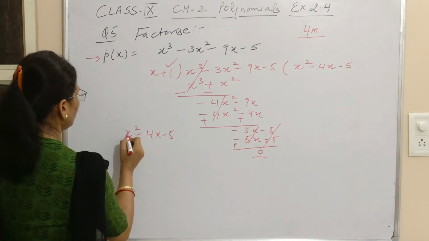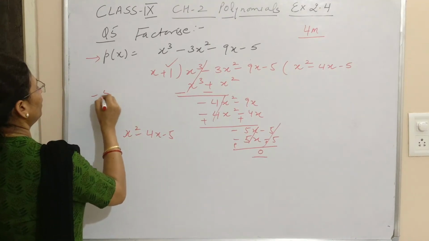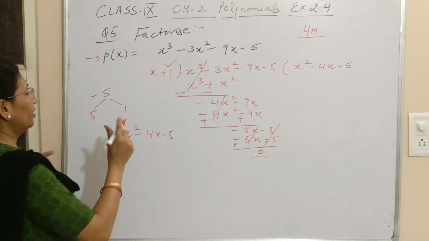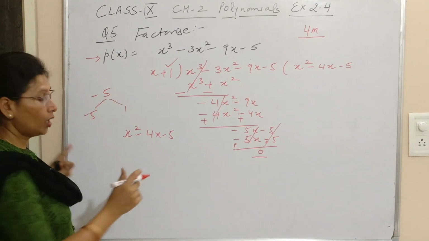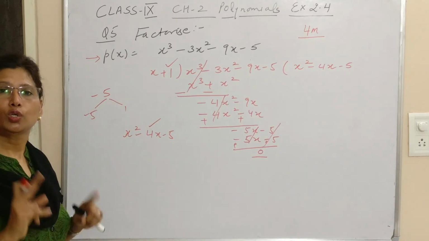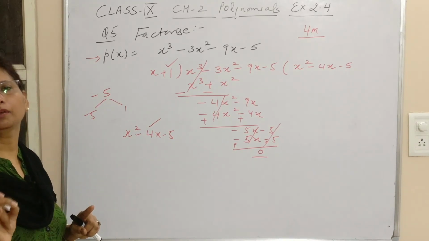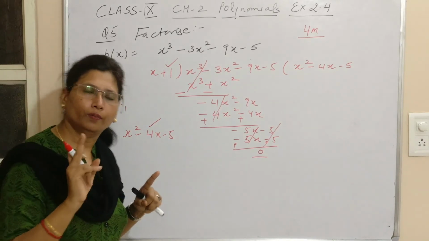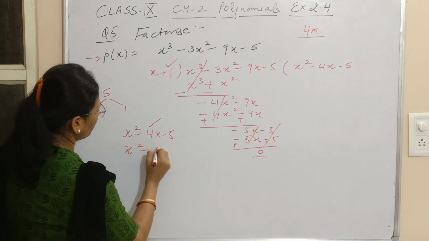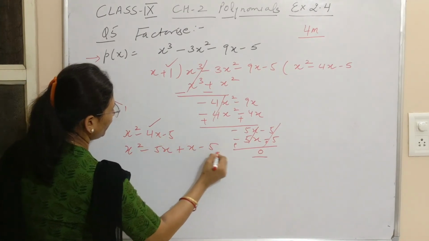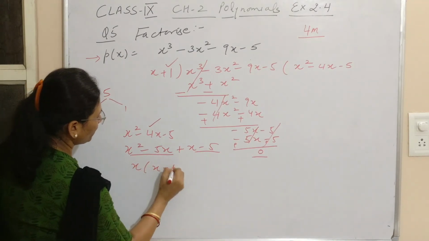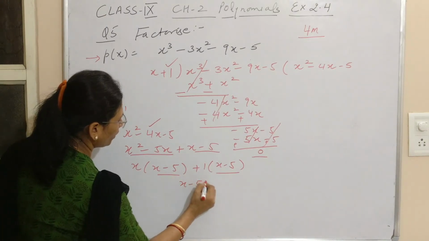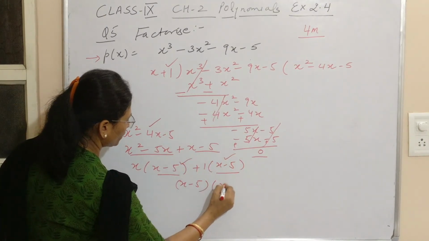Now here, if you see minus 5, what are the factors? The possible factors are 5 and 1 only. But since it is minus 5, we take minus 5 and plus 1. Now if you see the middle term, this is minus 4. So minus 5 plus 1 is the acceptable pair. Had it been plus 4, I would take 5 and minus 1. So just see, we'll write x square minus 5x plus x minus 5. Pair them up. x minus 5, 1 is the factor, x minus 5. We have got the same term, so it means we are going correct.